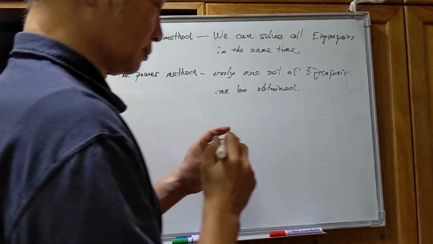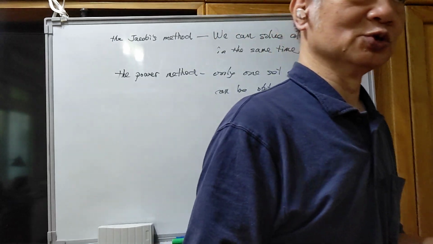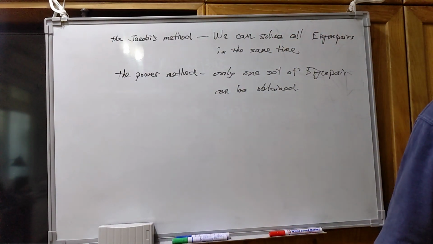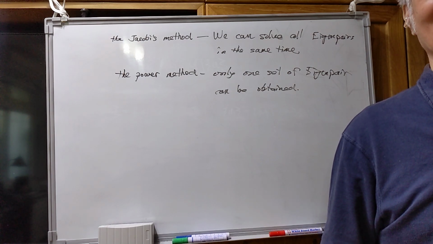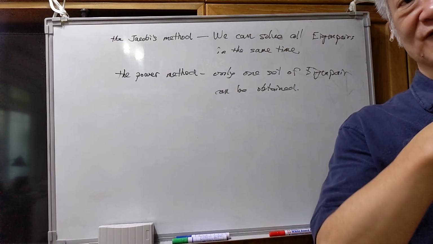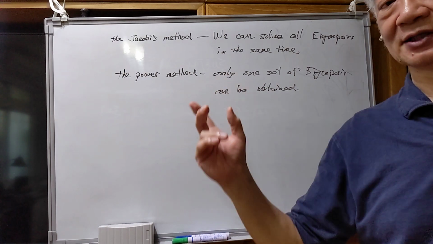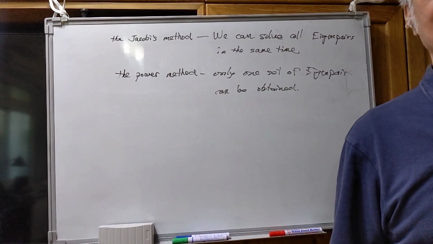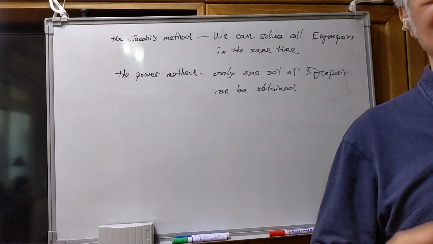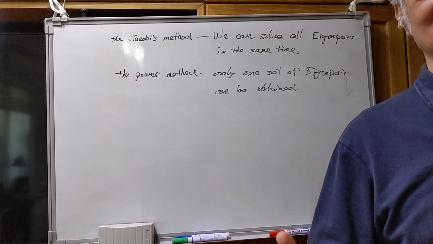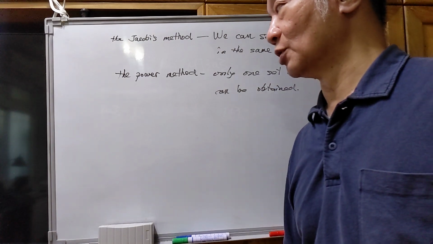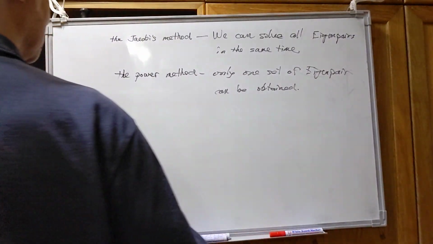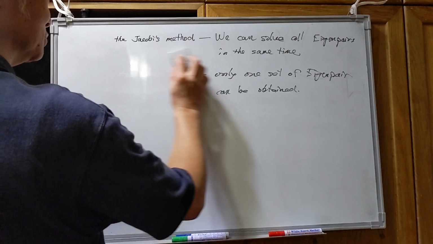No matter you use the inverse iteration method or if you use the direct iteration method, for both methods, you can get only one set of the eigenpair. And if you need the second set, the third set, you still need to do more calculations. Okay, so then I will introduce